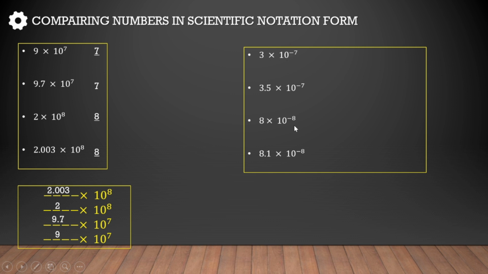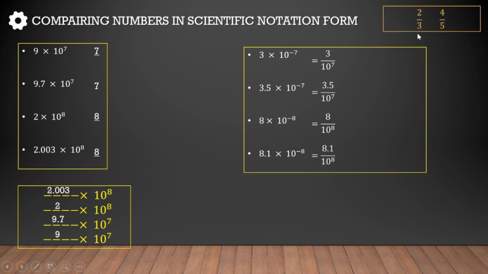Now let's take the second example. So here the powers are negative. These are very small numbers, these are very big numbers because it's a 7-digit number and it is a decimal number. So to interpret them, let's convert them into fractions. We know when we shift this to the denominator, the power will become positive. Just like this. Now they are in fractional form and we know how to compare fractions.